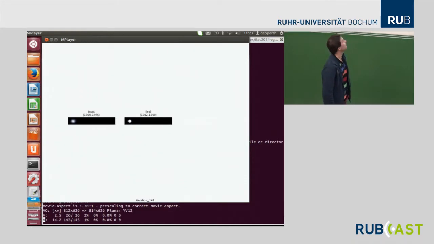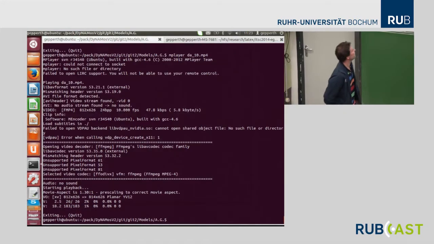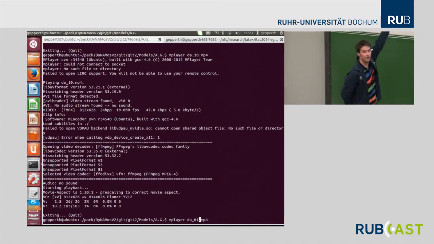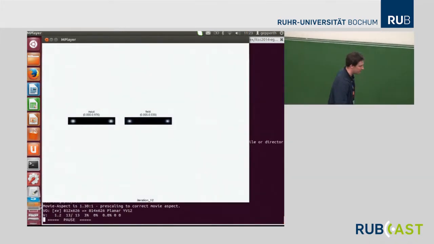I'm sorry, this is not as flashy as Gregor's tools, but I guess you see what's happening. So the field converges to a state of a single Gaussian at the place where the input is. So this is nothing new. You know this. However, what happens